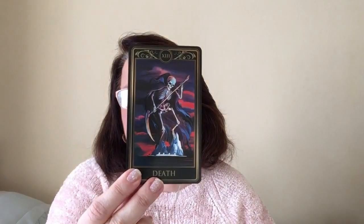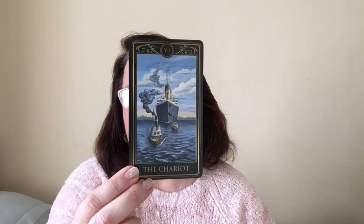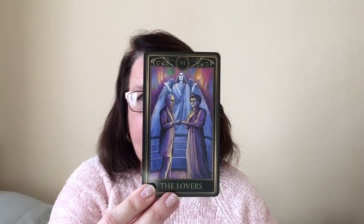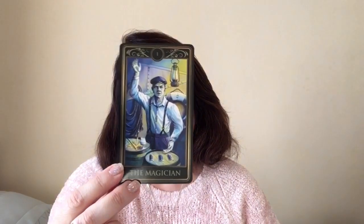We have Death. A Hermit. I like the Hermit, it's really cool. The Chariot. The Lovers. Seer for the High Priestess, love that card. And the Magician. So that is the Titanic Tarot, which was a Kickstarter, and like I say, was very popular